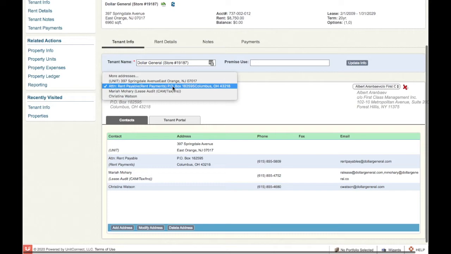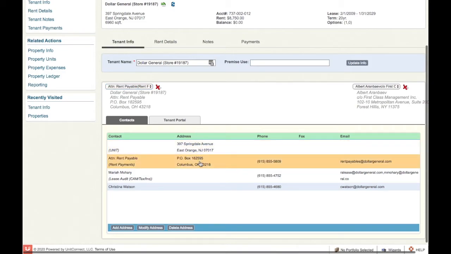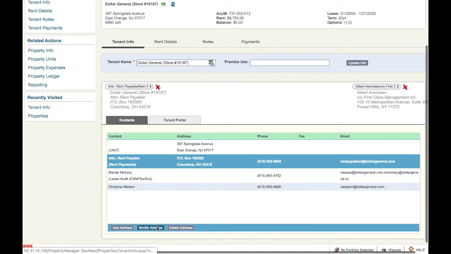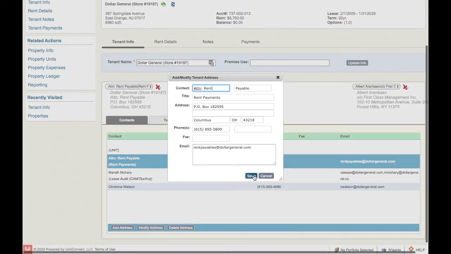And so in this example, we want to send tenant invoices to the rent payable contact. And so that person has been selected. You can verify the email address by checking under the email column, and you can see which email address the tenant invoice will be sent to. And if you need to make a change, you simply select this contact, modify address, make any changes, and click